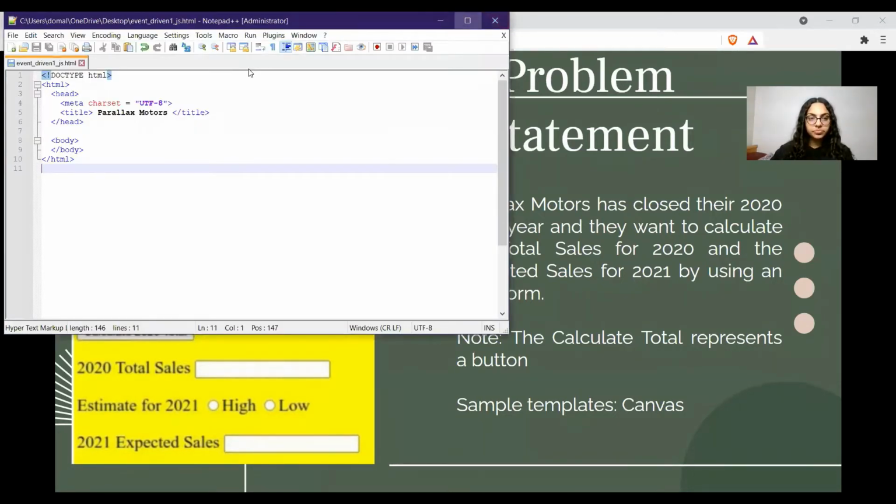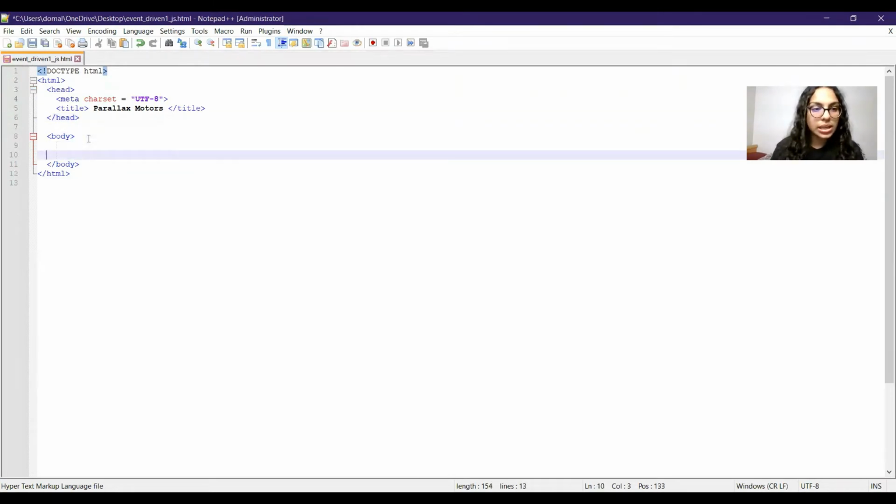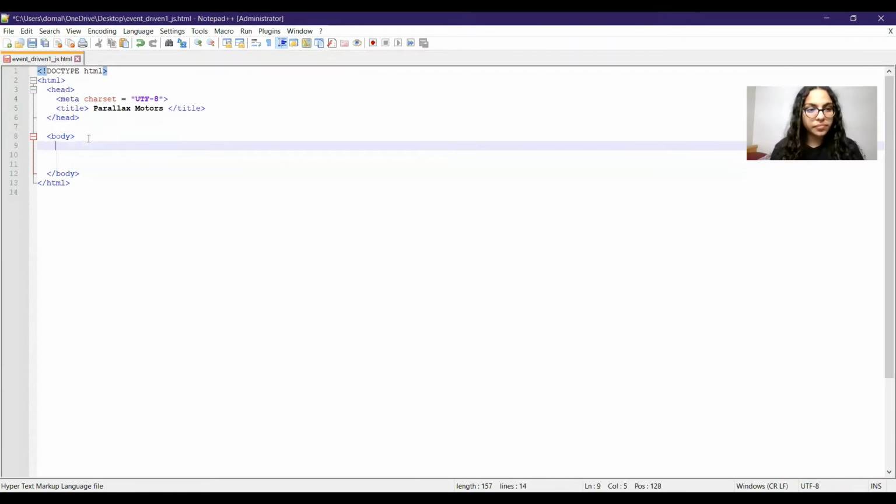Now, this is a template file where all the basic tags are already there, that is the HTML tag, head tag, and the body tag. Let's go to the body tag and start coding.